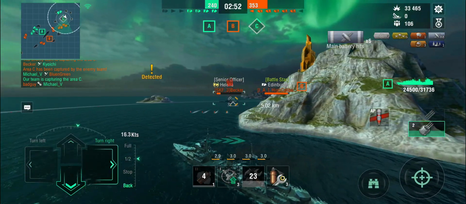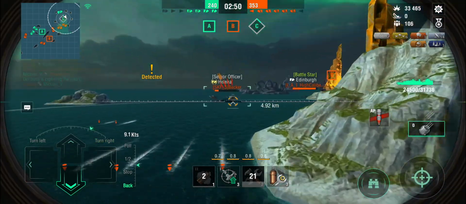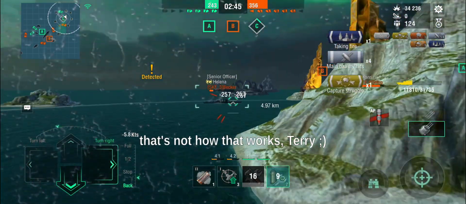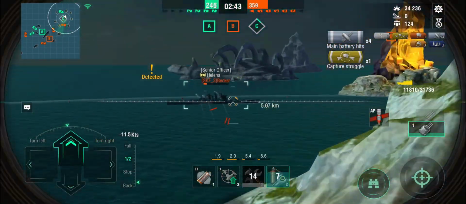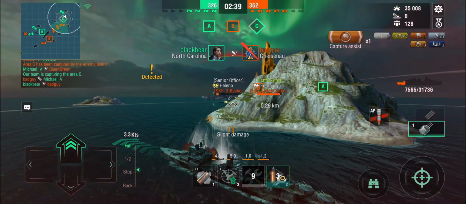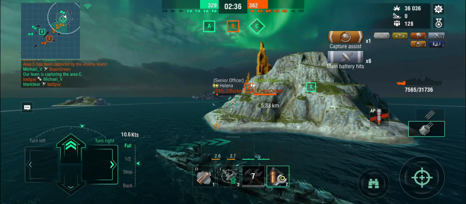Oh, there are Asashio torps. Nicely played. He's torped underneath the Helena because these are deep waters, and so I'm taking 2 of those. I could have done without that, but that was an excellent play from the Asashio. And if I had been a little bit less careful, I would have actually died to these torpedoes, because deep water